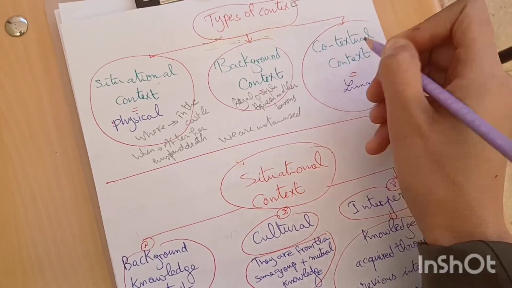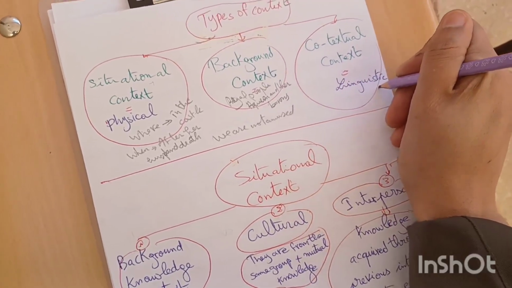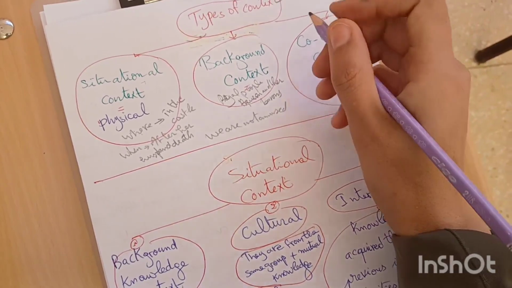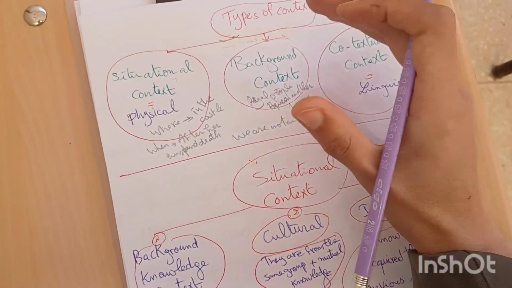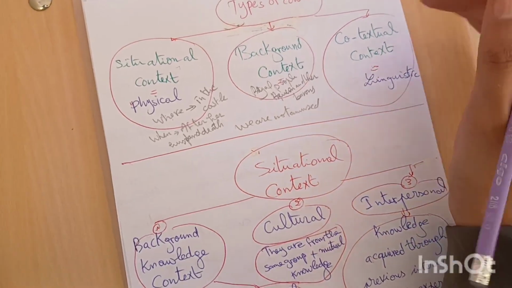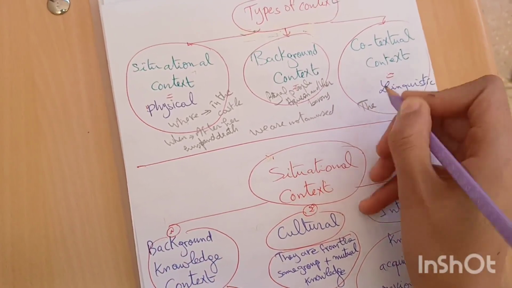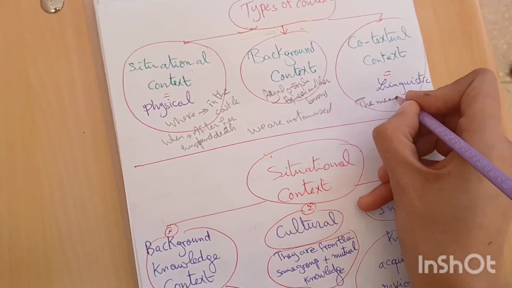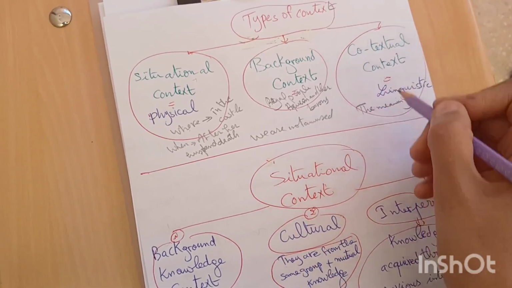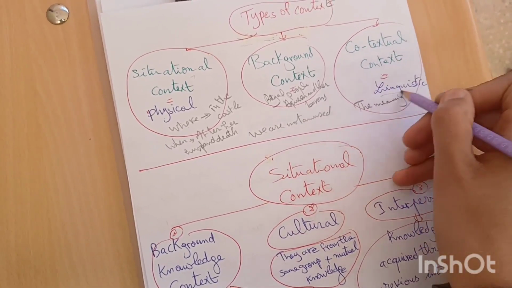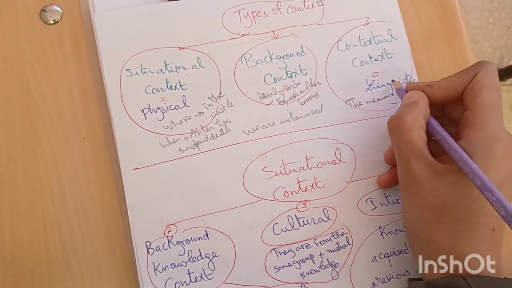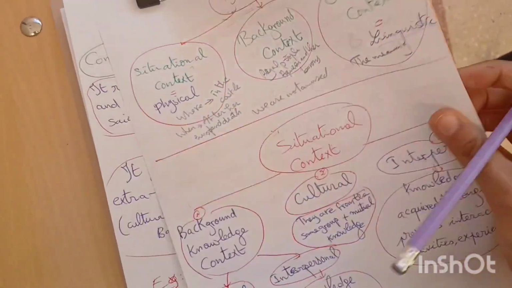co-textual context, or we say it's linguistic context, because its main aim is to understand the meaning in the text, or it has another name which is the linguistic context. So we'll move to another thing,